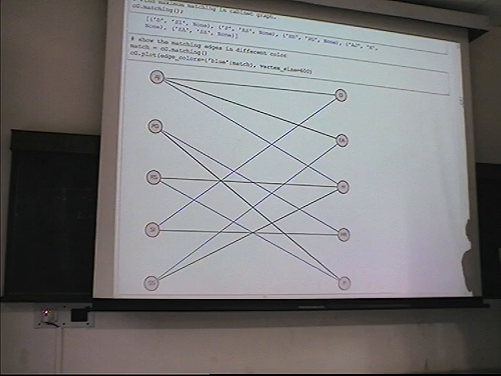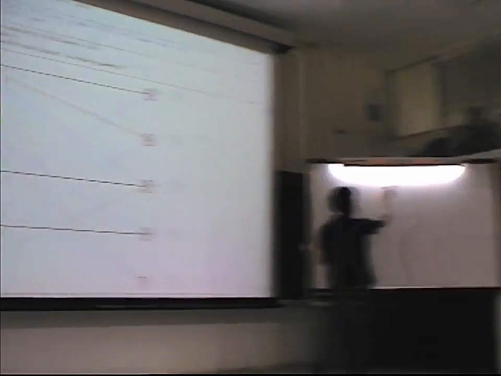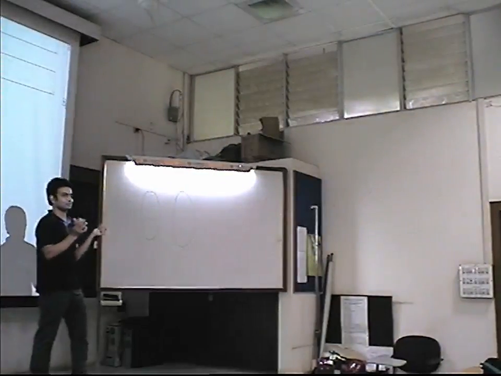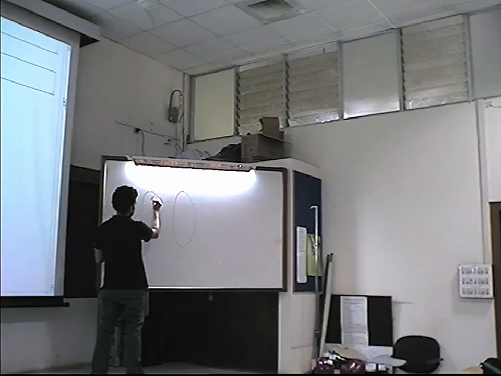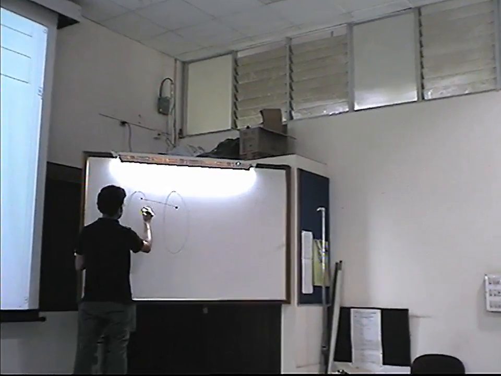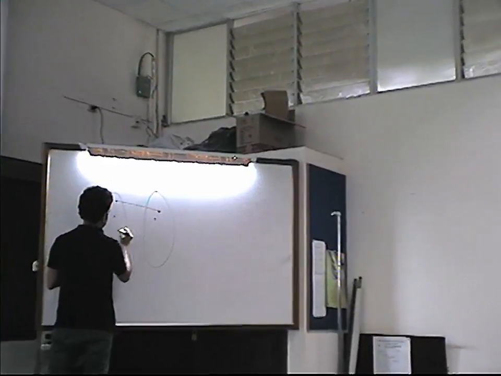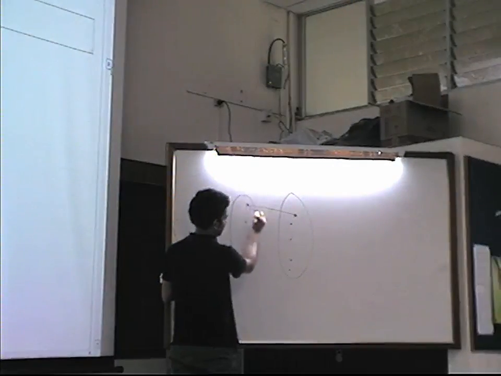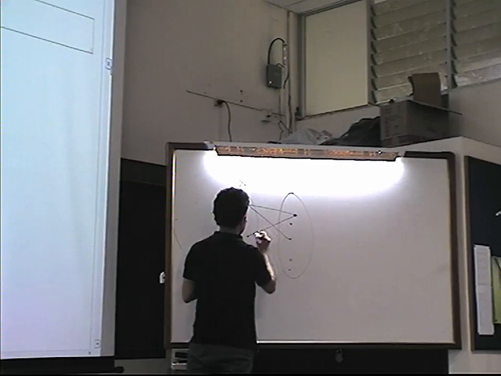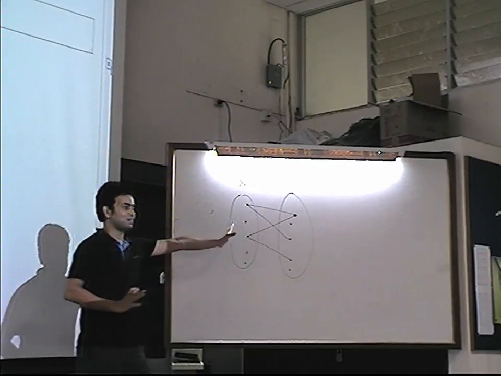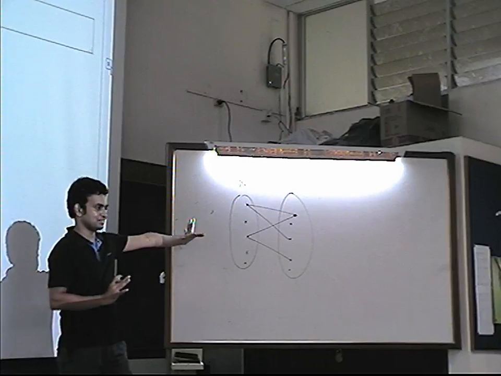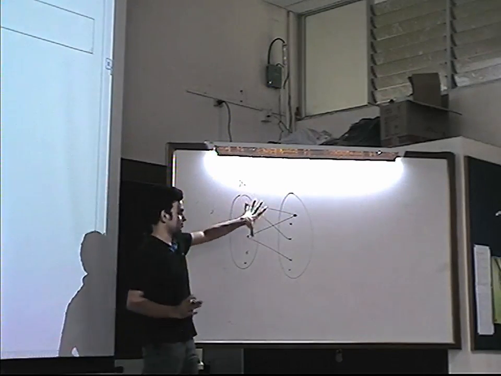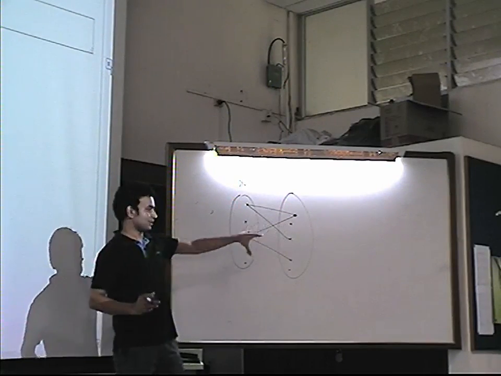A bipartite graph is one where you can partition the vertex set into two sets such that each edge goes across the partition. So let's say you have some graph. I must point out that sometimes you may not be given this bipartition explicitly. It's easy to say it's a bipartite graph if somebody gives it to you like this, but sometimes,